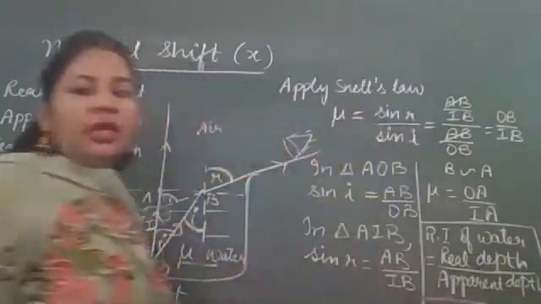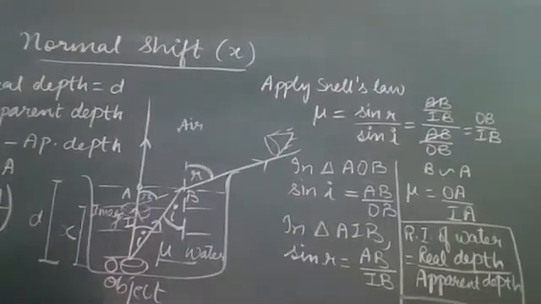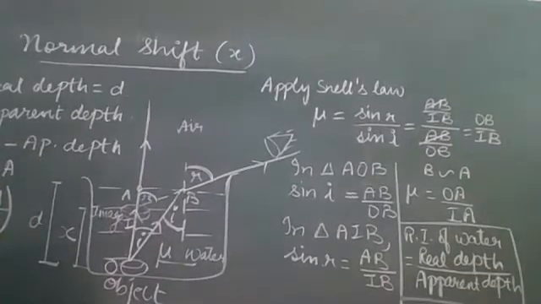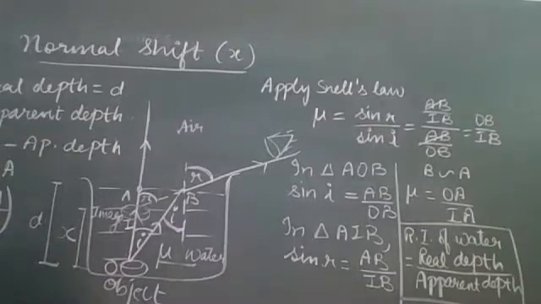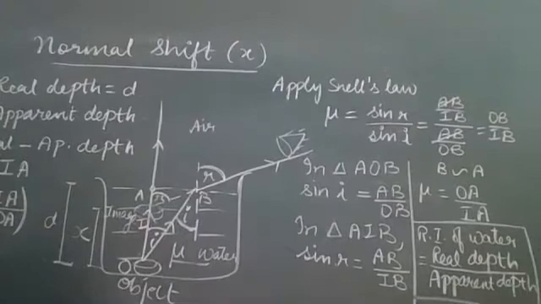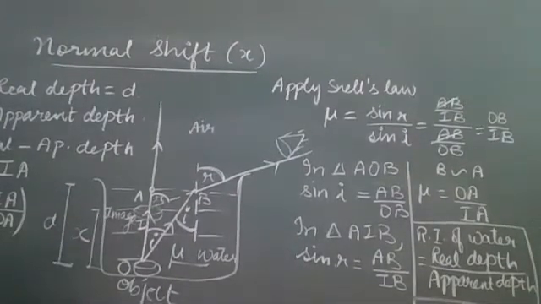You knew that mu is equal to C by B also, mu is equal to sin I over sin R also. This is new expression for refractive index, that is real depth over apparent depth. This is one more expression. Got it? Clear students? If there is any doubt so far, you can raise hand.